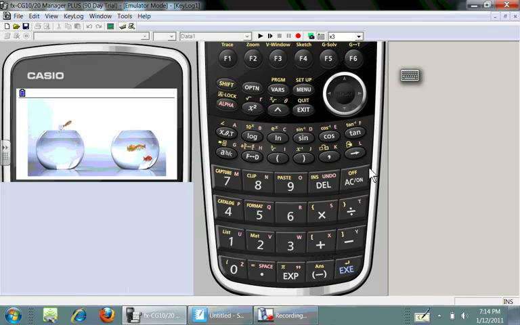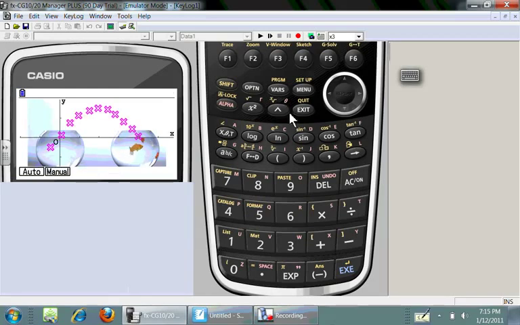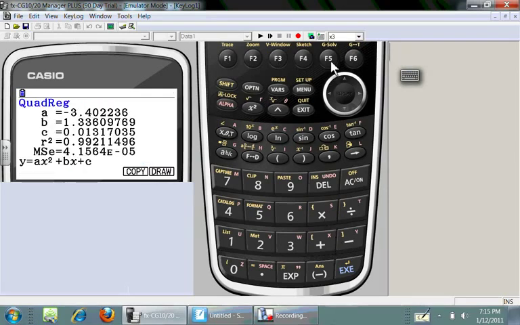There he goes. It works like a flip book. If you ever made those when you were a kid where you flip one picture at a time, works very similar. He's going to finish his jump here. And then what I did was I asked the calculator to plot points over the top. So I went into plot and moved the cursor around, and everywhere I wanted one I pressed execute. Now what I'm going to do is draw a regression over the top, and that looks like an x squared function to me.